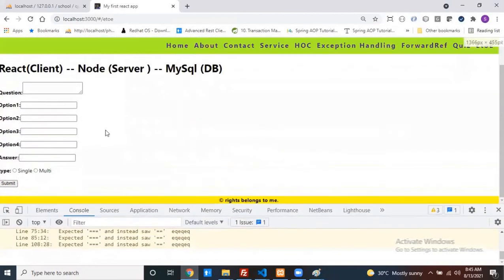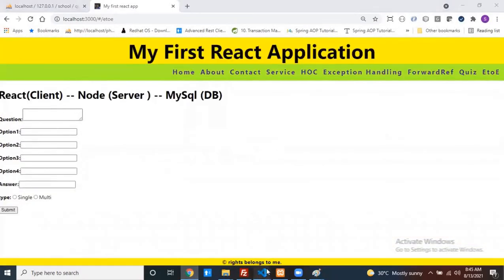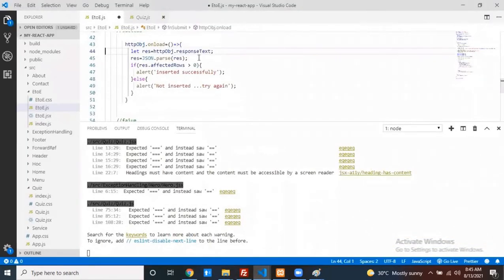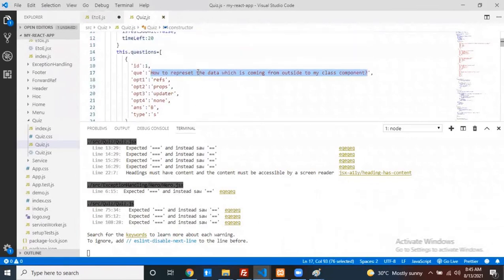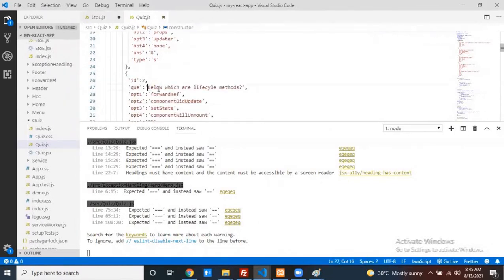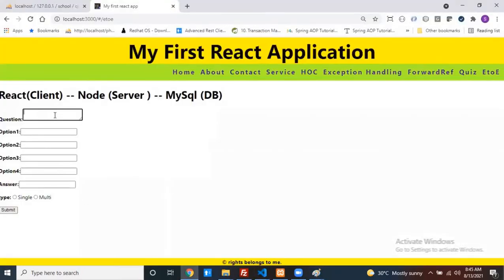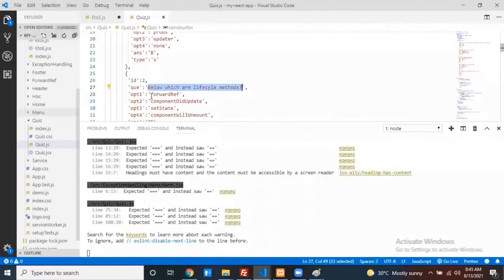Okay, can we add one more question here? Now come here. This is my second question. Below, which one is the life cycle? This is the one: forward ref.